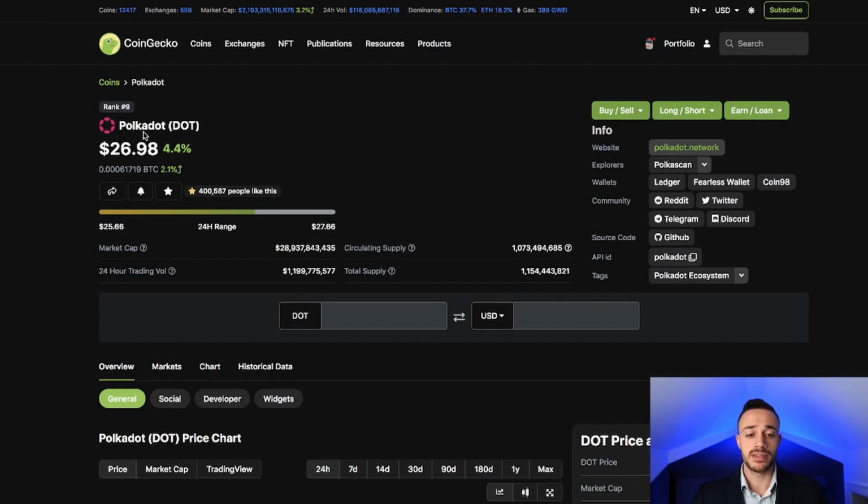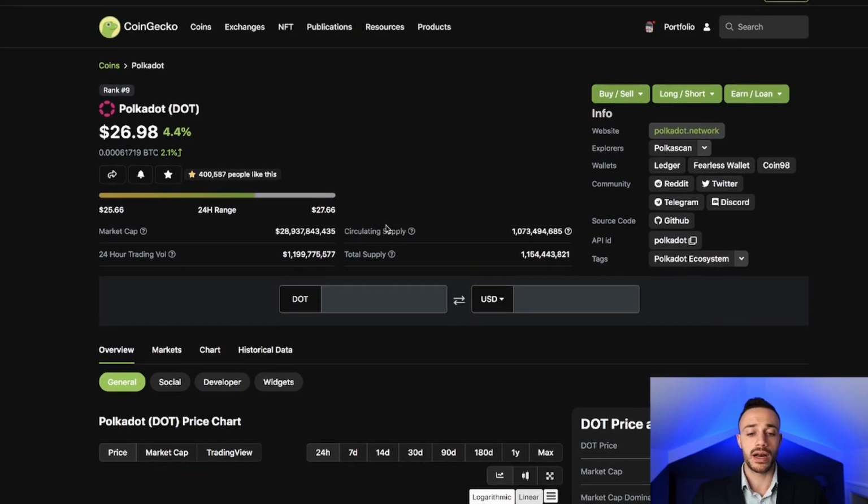We can see at this moment in time, Polkadot is trading for $26.98, sitting at rank number 9 in market cap, a current market cap ranking of $28.9 billion. Now, the supply of Polkadot, it's important to understand there is no capped maximum supply. Polkadot is a proof of stake blockchain, so the network is always going to reward its stakers for securing the network into infinity. At this current moment in time, there is a total supply of 1.1 billion and a circulating supply of